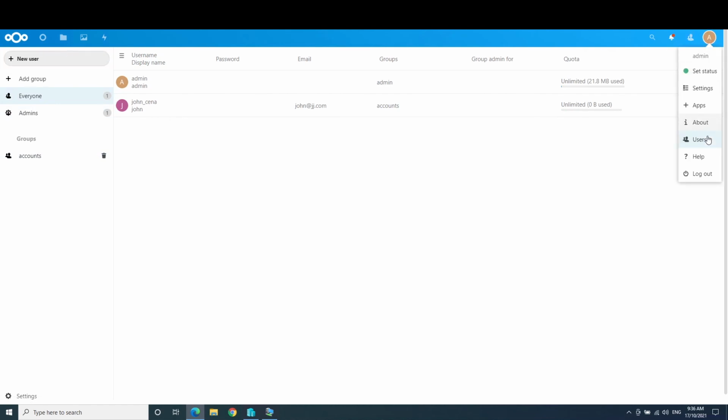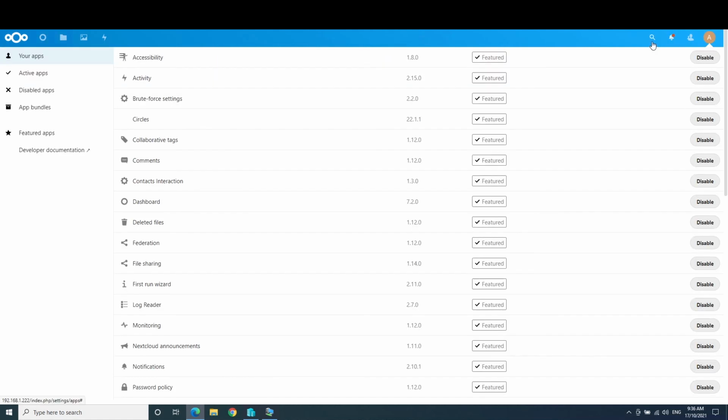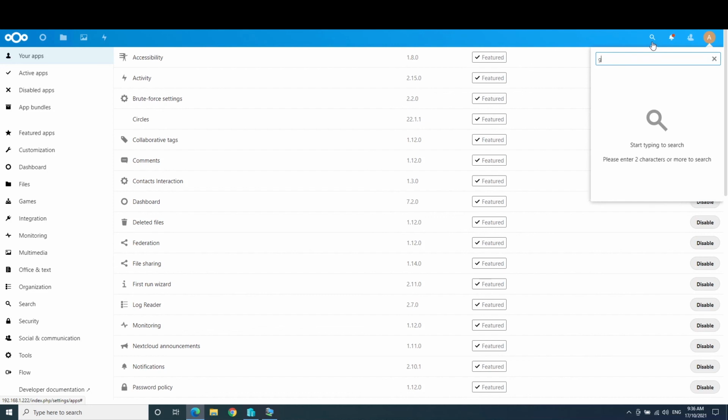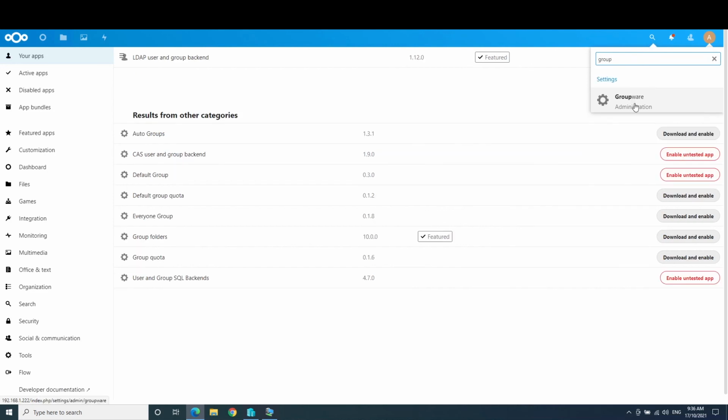Now let's create a shared folder. You know, we cannot be too happy. We need to see whether apps work or not. Let's create group. Just like shared folder in Windows, we need group folders for each department. So let's download and install group folders. Okay guys,